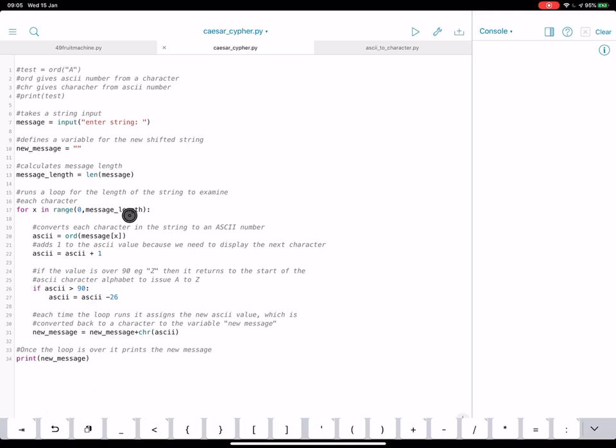Now here, what I've got is similar to that code I just showed you, okay? So what we're doing here is we are getting the ASCII number, okay, from each of the letters, okay? So x will start off as 0, so we're looking in hello, and the character 0 in hello is H. So what this is doing, this is converting H to an ASCII value, okay?